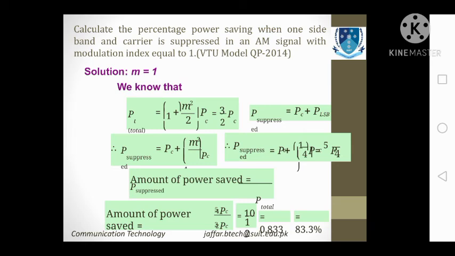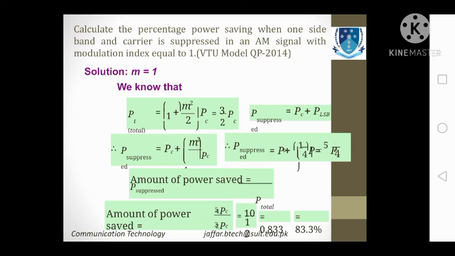if you exchange the values and you find this, we will be solving this example in the class as well. So it turns out to be 4 by 3 PC, into something into 10. So if you multiply and convert this into percentage, you get the value of 83.3%. It means that you will be saving about 83% of the power.